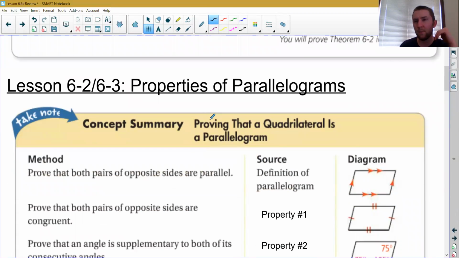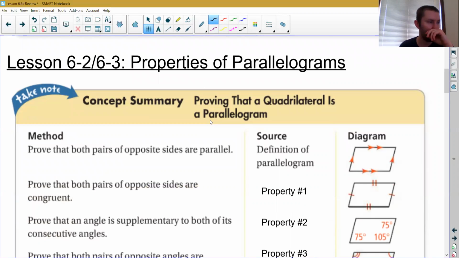And then the rest of the chapter, we've been talking mostly about special quadrilaterals. Okay, quadrilateral meaning four-sided shape. So we started in section 6.2 and 6.3 talking about parallelograms. Remember that section 6.2 was the properties of a parallelogram, like what we know if we have a parallelogram, and then section 6.3 was asking us to use those properties to prove that something was a parallelogram.